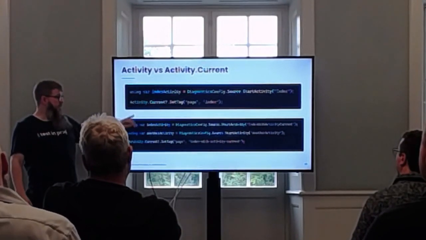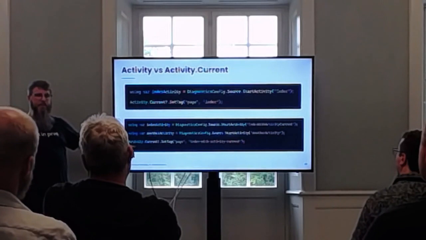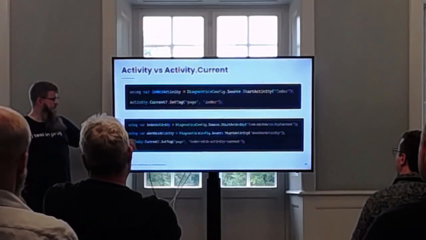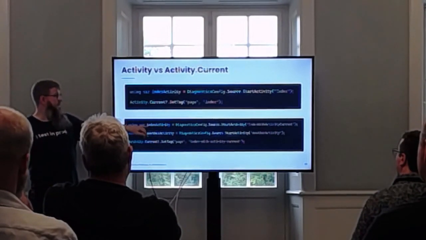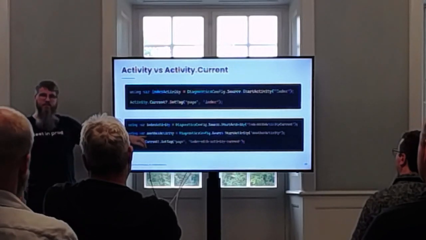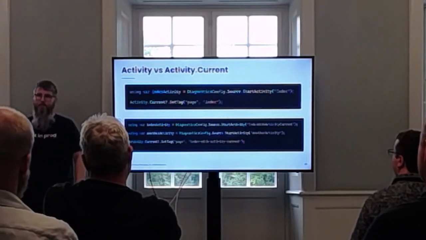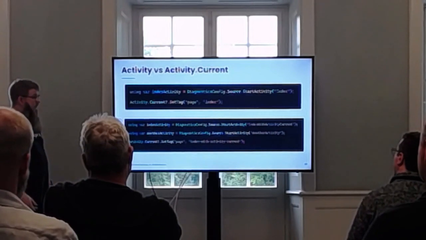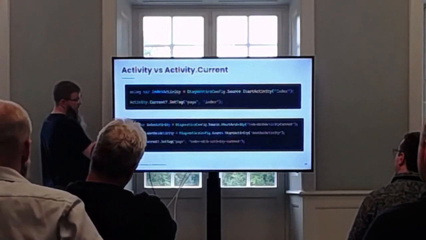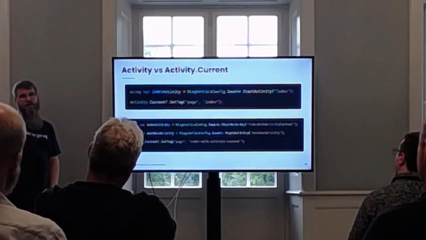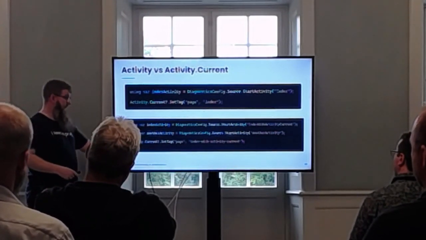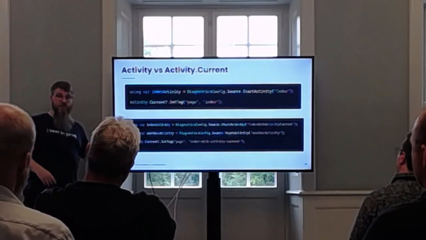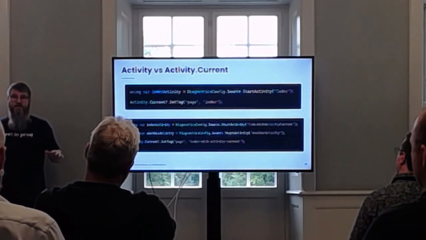Now, these two may look the same, but this activity tag that we've done here is not always going to be added to this index activity. Because if I've got another activity running in the middle, it's going to use that one. The way you combat that is, instead of activity.current, use the index activity directly, if that's what you want to do. Be aware that activity.current is great and gives you access to the currently running activity wherever you are in